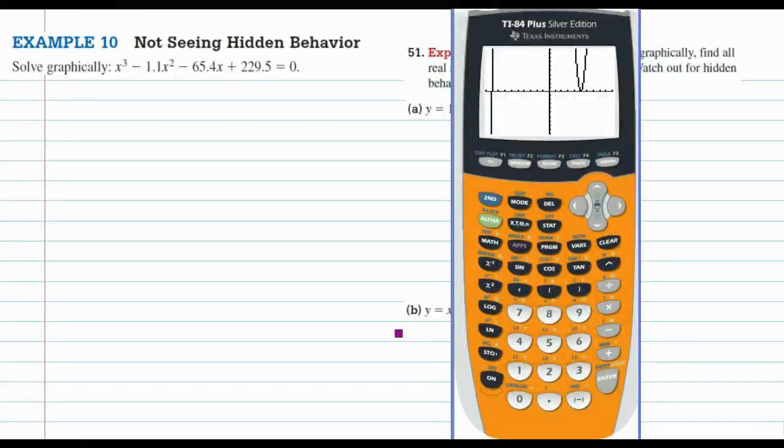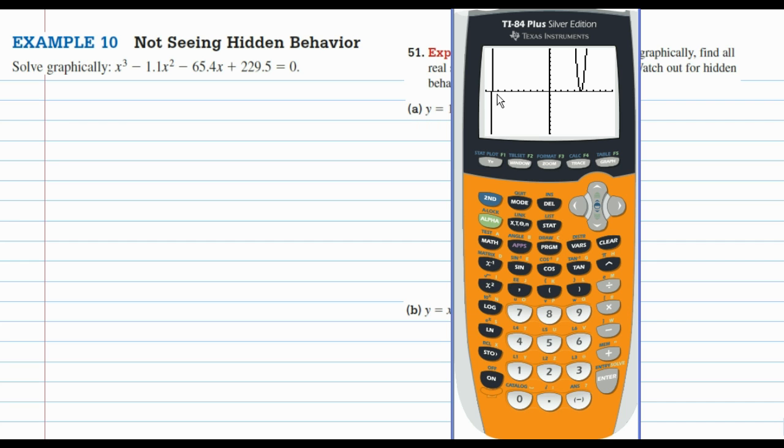This is the screencast for section 1.1, example 10. Not seeing hidden behavior. We're going to solve graphically this equation. This time it's already set equal to 0, so I'm looking for the zeros or x-intercepts. My calculator can find those x-intercepts, but because we're focused on hidden behavior at this point, I am looking to